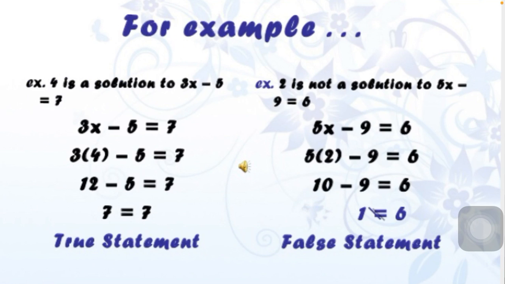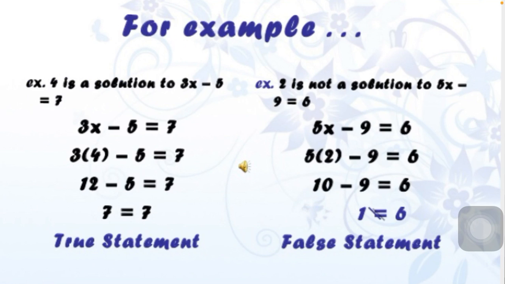So we'll put it in and check whether they are equal or not. When we put 4 as the value of x, whether this gives us an equal result or not, only then is it called a solution. So how can we check? We put 4 as the value of the variable in 3x minus 5 equals 7. We put the value 4 in place of x, and then it will be 12 minus 5, which gives us 7. So here LHS equals RHS. So it's a true statement. That means they are saying 4 is a solution of 3x minus 5 equals 7. So yes, it is. Why? Because they are giving us the same result, an equal result. LHS equals RHS.